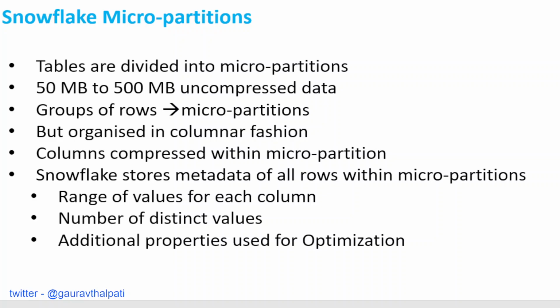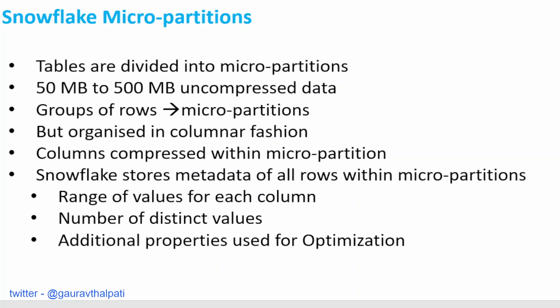You might remember from previous lectures that we load the data from the cloud storage into Snowflake. Let's say you are using some external storage like S3 and then you are moving the data into Snowflake. When Snowflake stores this data, it stores it as a micro partition. This micro partition is a property of the Snowflake storage layer. So these are actually a physical storage, and as the name suggests, these are micro partitions.